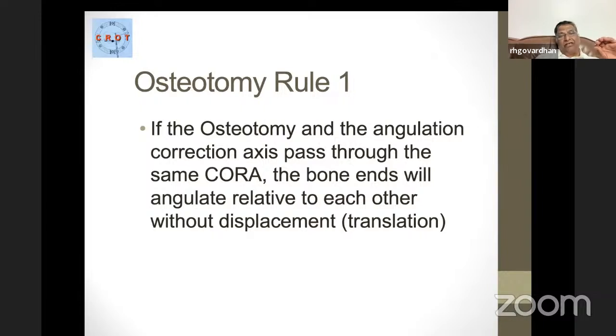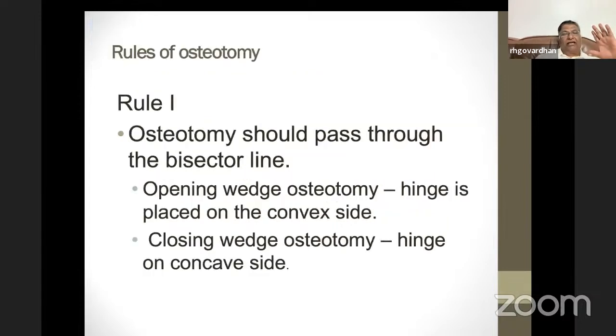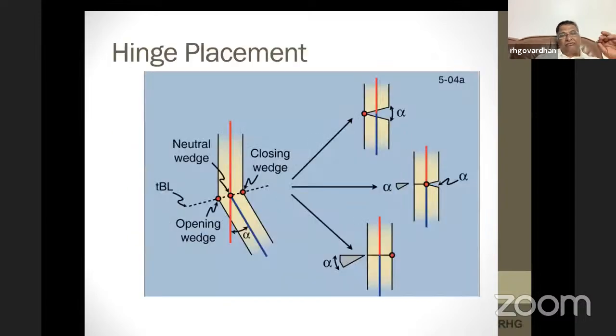If the osteotomy and the angulation correction pass through the same CORA, the bone ends will angulate relative to each other without any displacement. Okay. So the osteotomy should pass through the bisector line. Opening wedge osteotomy if the hinge is placed on the convex side, and closing wedge osteotomy if the hinge is on the concave side. The picture shows this, and that is the